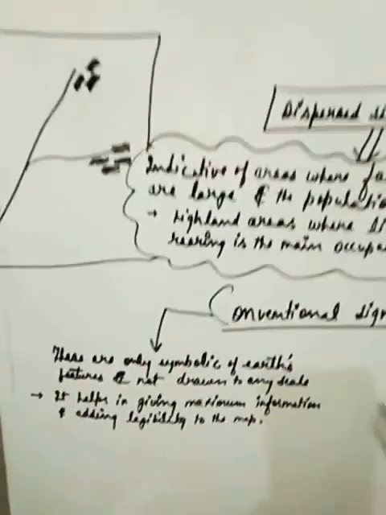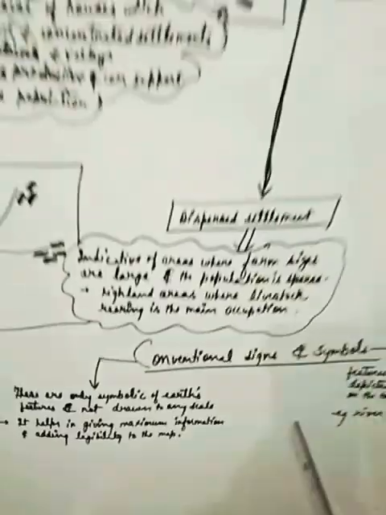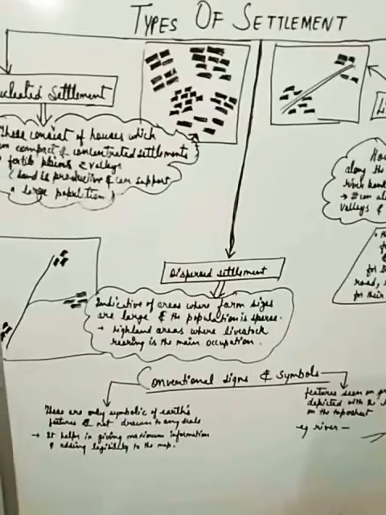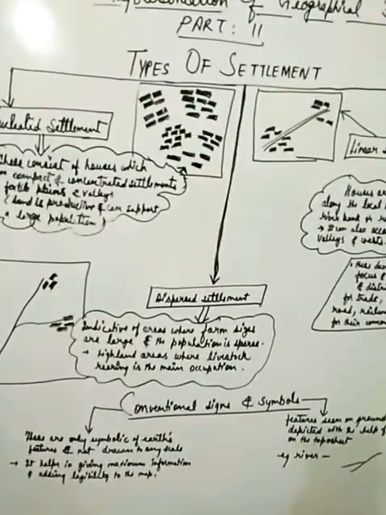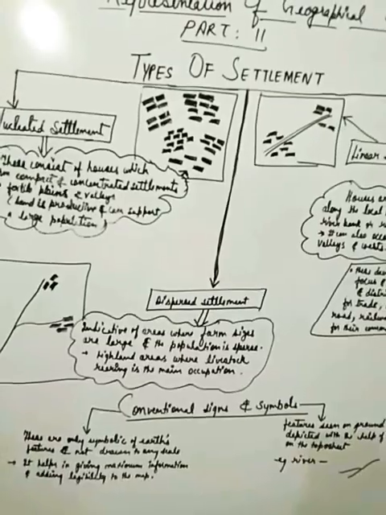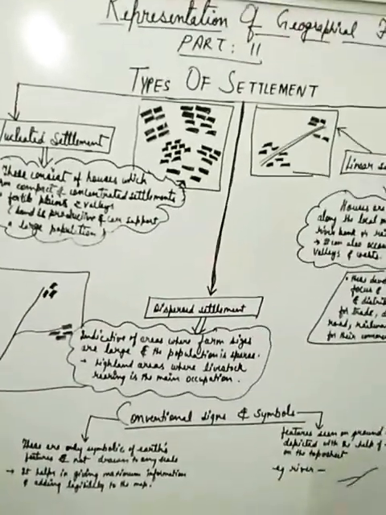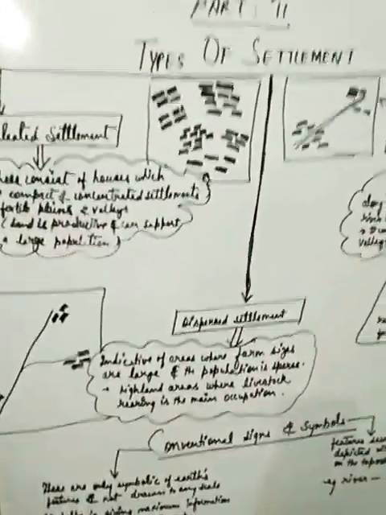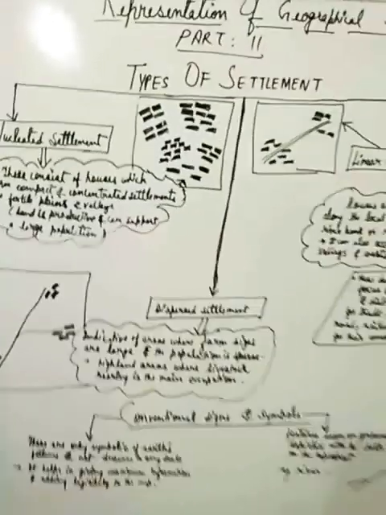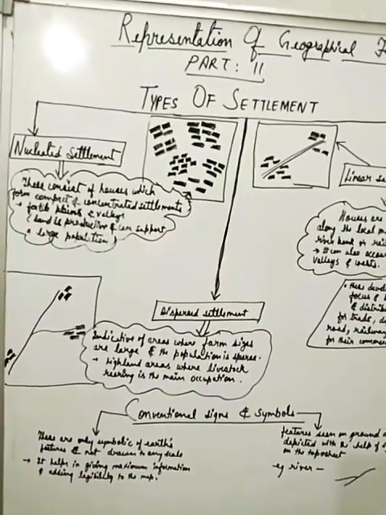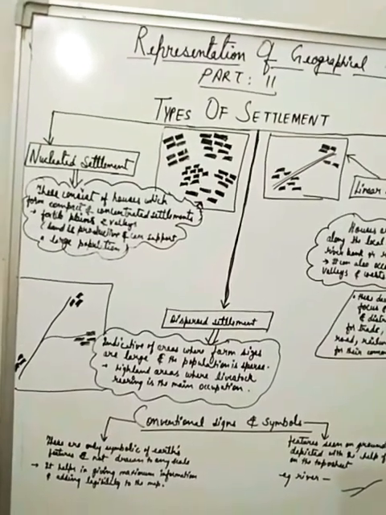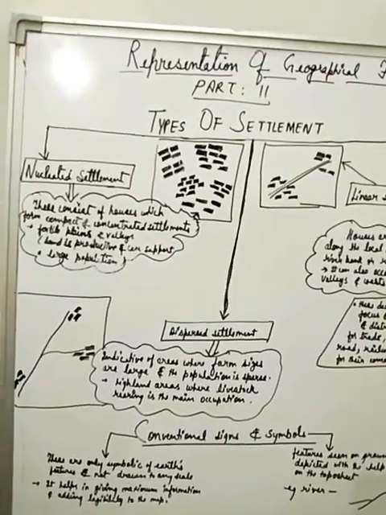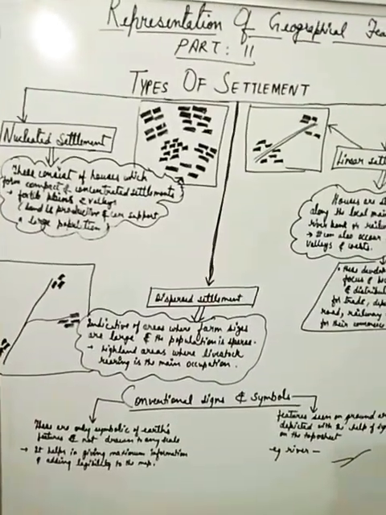They are very useful. So we have an exercise on page 18 also, where you have to see the topo sheet and do the exercises. In the previous video we had done all about the topo sheet, colors, symbols, whatever is there in the representation of geographical features. I hope you understood the chapter, and please do all the exercises of the chapter, including the short answers and the long answers, and all the exercises in the book. Do the question answers and long answers in your fair copy, and the rest you do in your book.